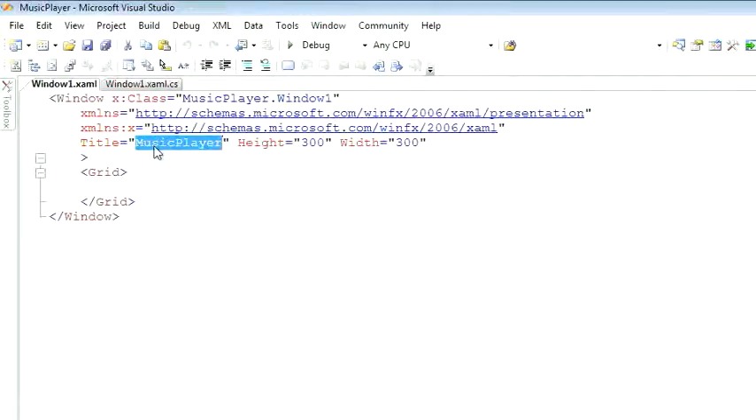We're also setting some rather cryptic looking properties. This is actually an exception to that rule. There is, for example, no XMLNS property declared on the window class. XMLNS